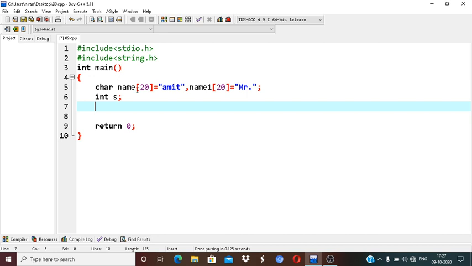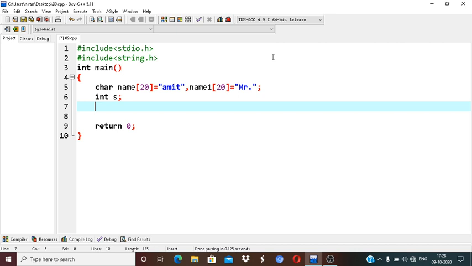In the previous example I took some variables, so in this tutorial I also take the same variables for your better understanding. The user can initialize two variables, Amit and Mr. The compiler at first checks Mr. M and Amit to see if they are the same or not. If they are the same, the compiler returns zero.